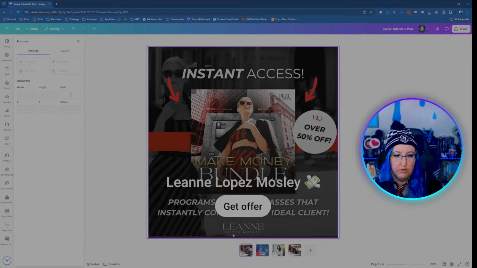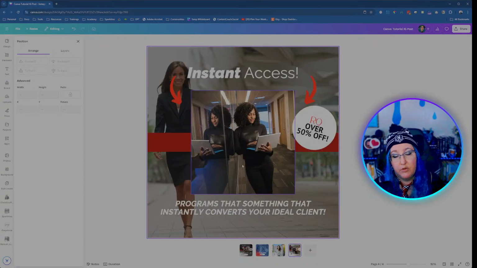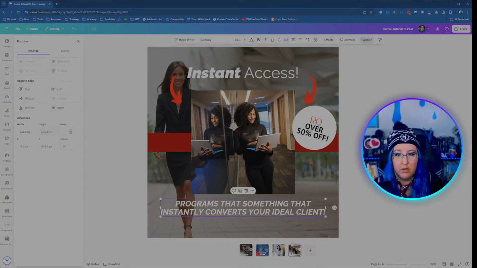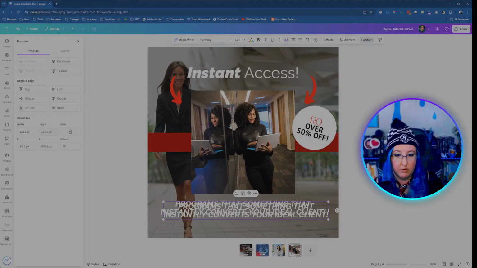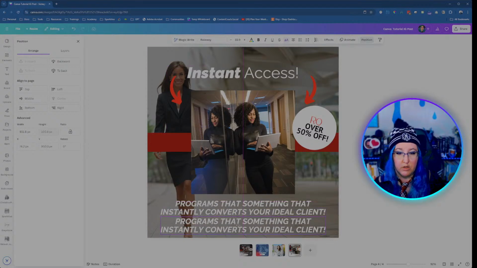Now below that, she had her name, Leanne Lopez Mosley, and I guess it's kind of like a logo. So if you had a logo, you could upload the logo image and just drag it in and insert it. If you don't have a logo, I'm going to show you how to do that real quick. All right, so I'm going to duplicate this again, which is Control D on the keyboard, or you can click that duplicate button again. So now let's type her name,